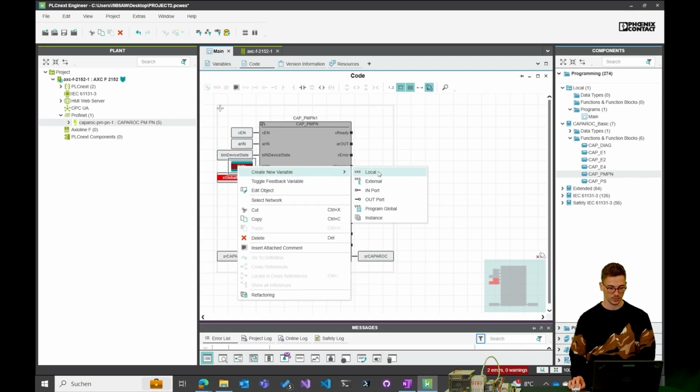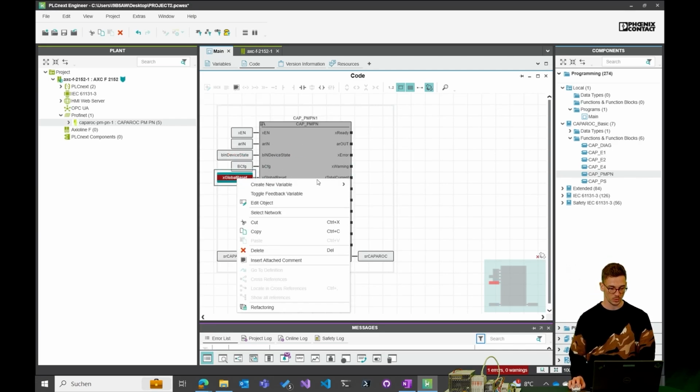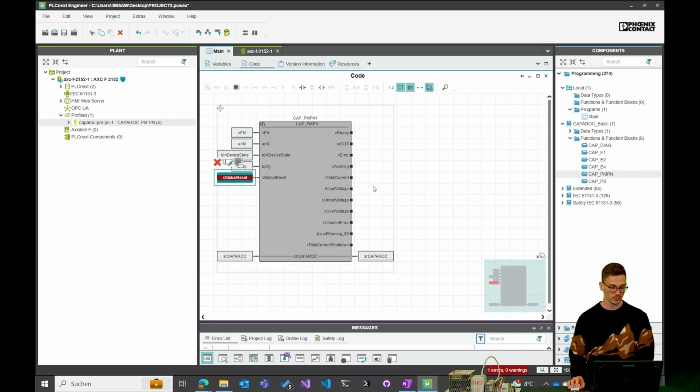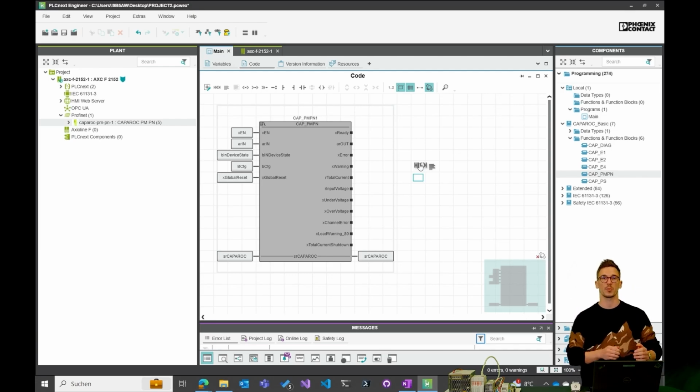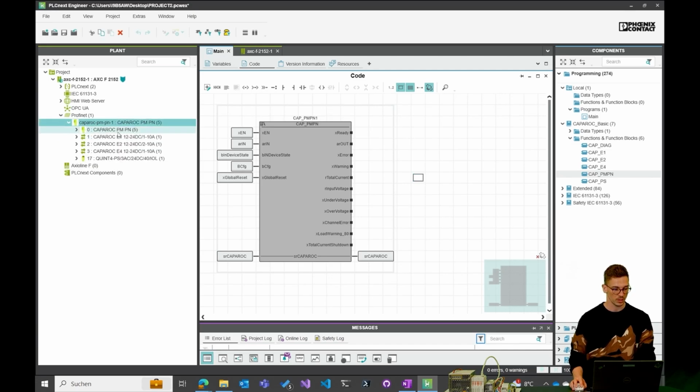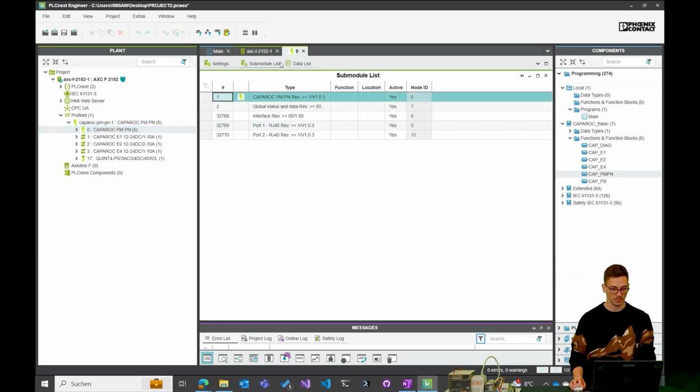Okay, here we have to create the variables again. And now, very important, we have to attach and connect the input process data variables to the hardware, and we are doing it here in the hardware PMPN.